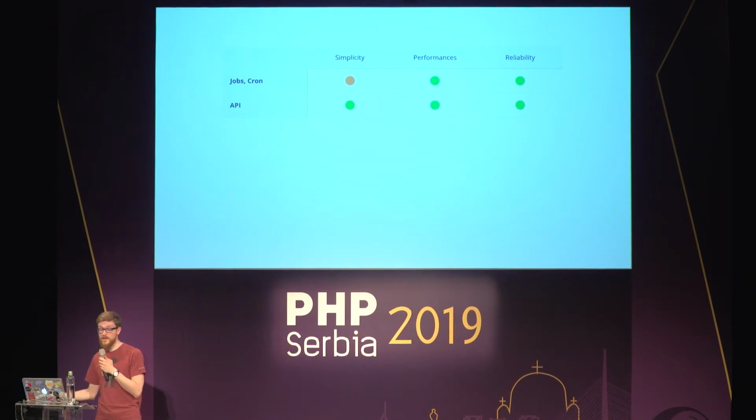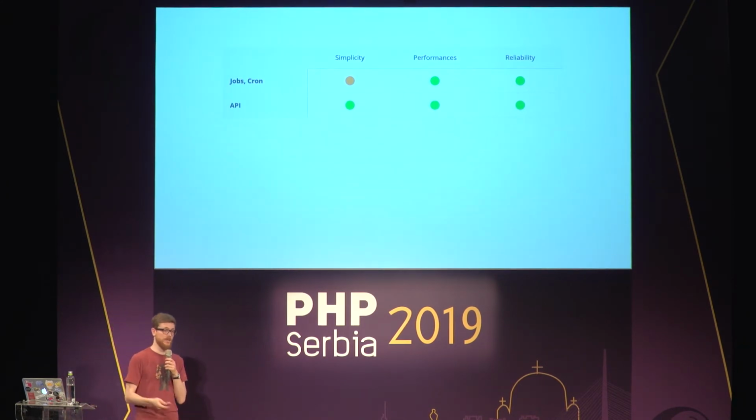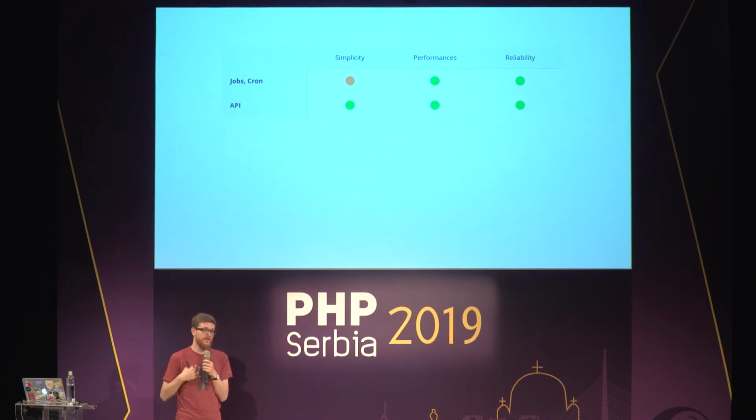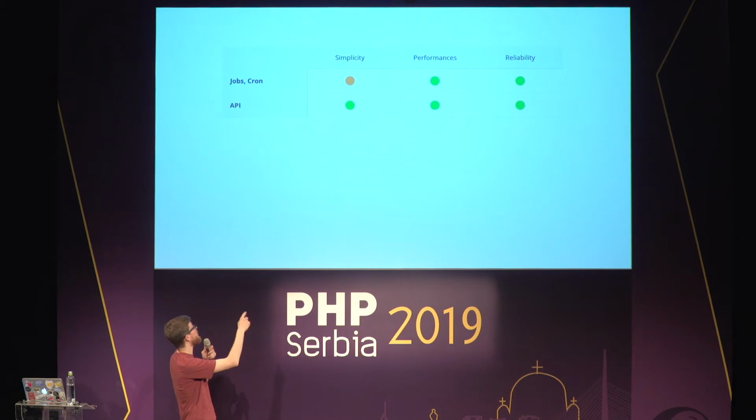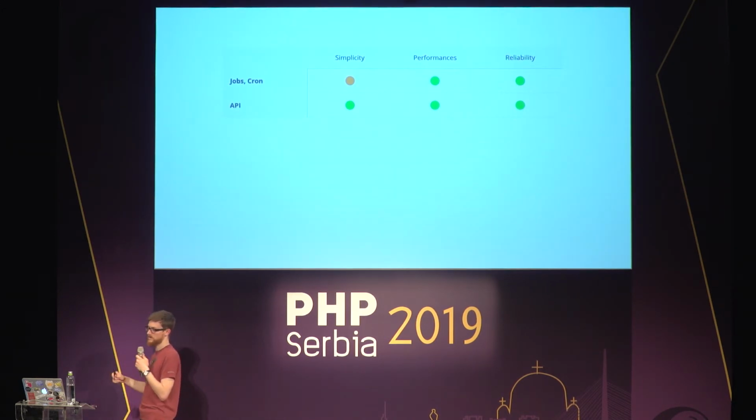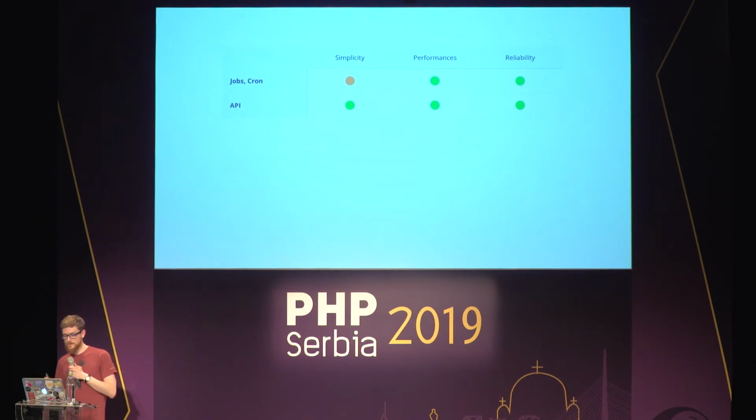Now, if you want to write APIs, that's a very good use case for Amazon Lambda. The only exception is if you want to write very real-time, time-critical APIs, then you have the cold starts, not so great. But for the rest, it's really good. You have good performance once it's warm, and if you accept the cold start, it's good. It's very reliable, and it's really simple because that's the most basic use case. Pretty great.